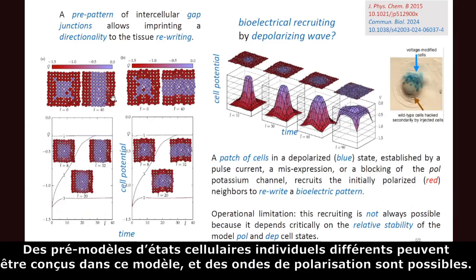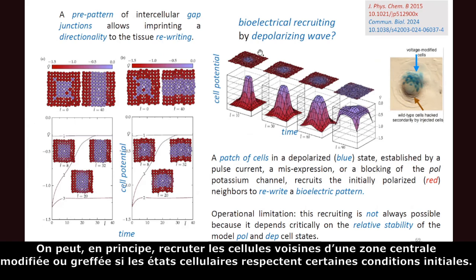Pre-patterns of different single cell states can be designed and put forward here in this model. And also depolarization waves are possible. You can in principle recruit the neighboring cells to a central patch which has been grafted or which has been modified externally. You can recruit in principle the external cells which surround this patch